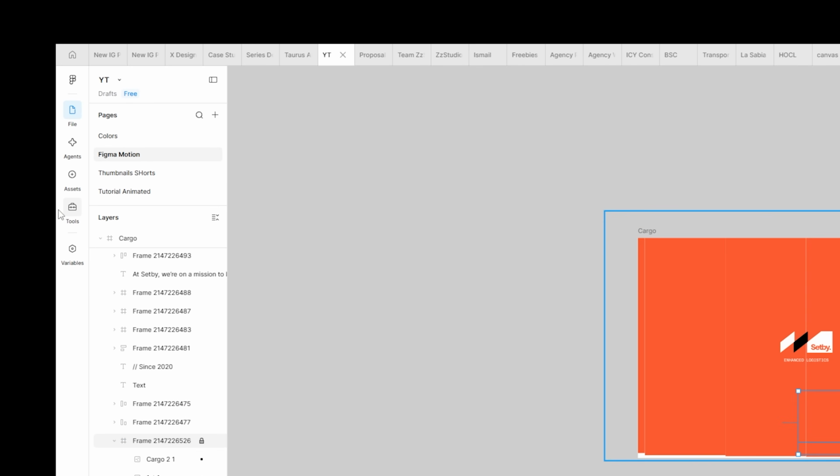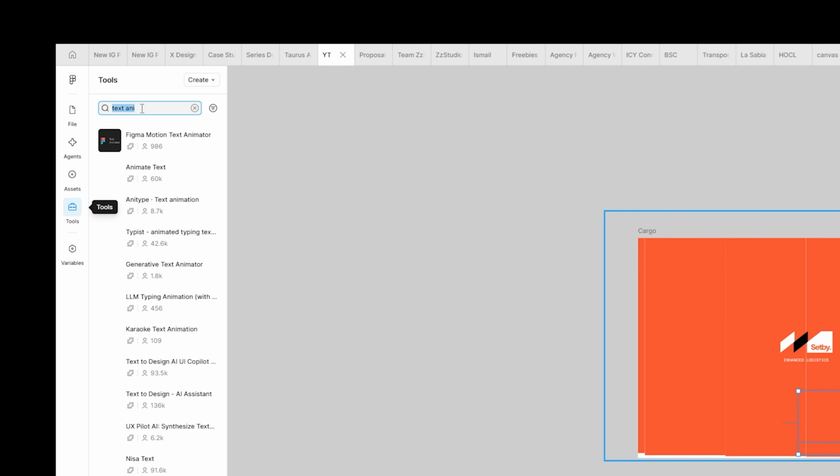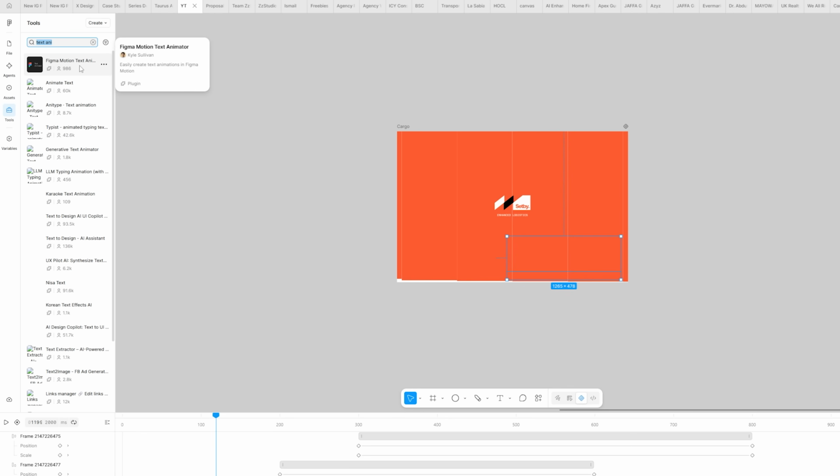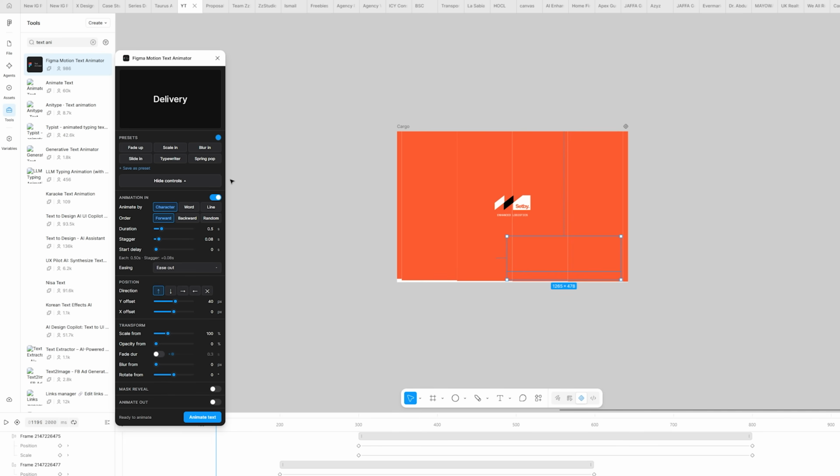I'm gonna go to this tools tab. If I go to this tools tab, I've already searched text animator. So this is a tool called Figma Motion text animation. It's kind of like a plugin. It's already a plugin as well, but there are certain plugins that are for Figma Motion, certain plugins that are for Figma itself. So this is for Figma Motion. If I open this up, I run this. So you see,